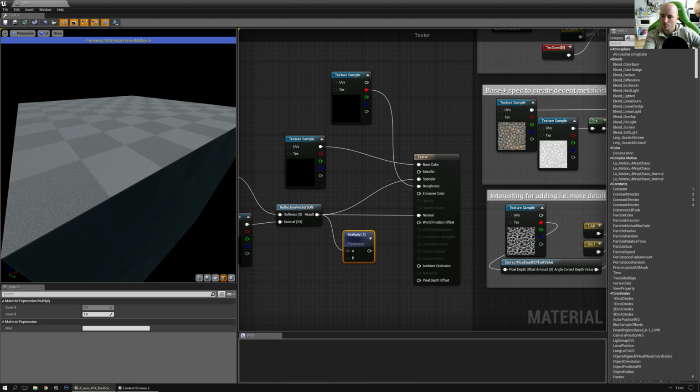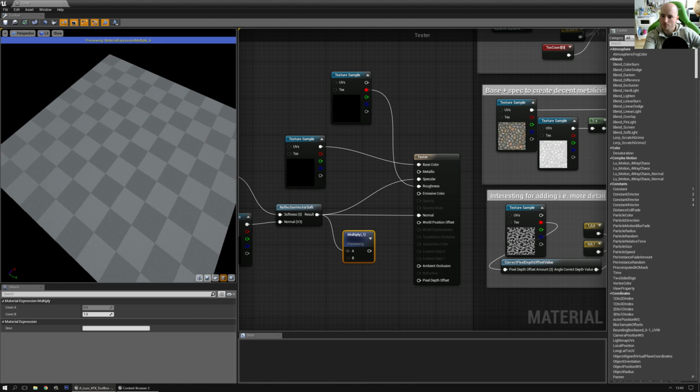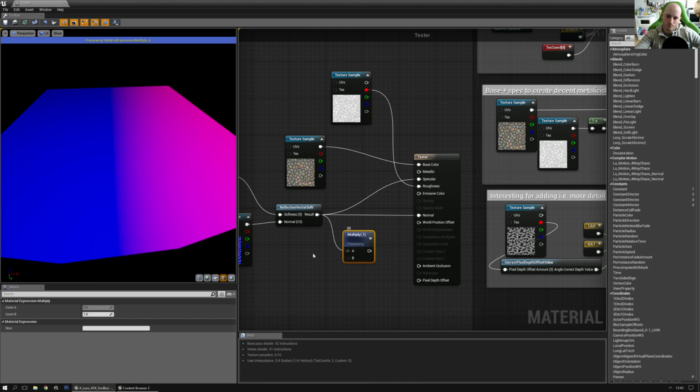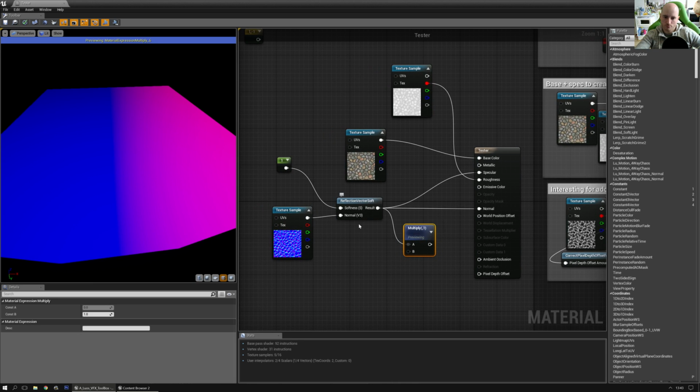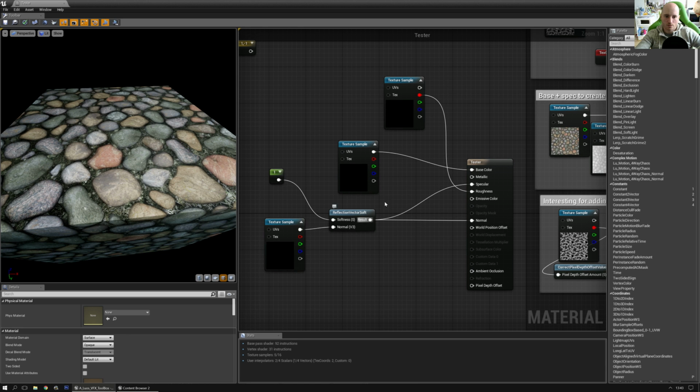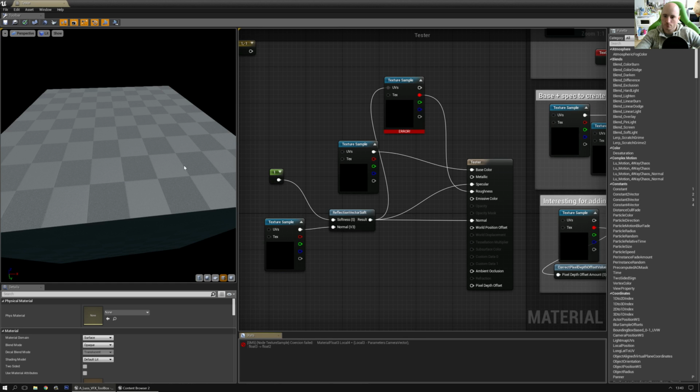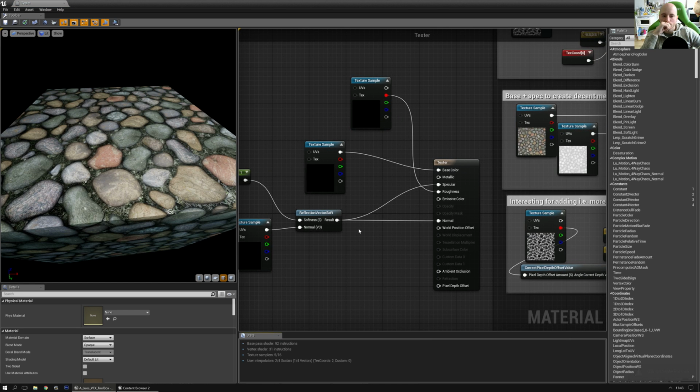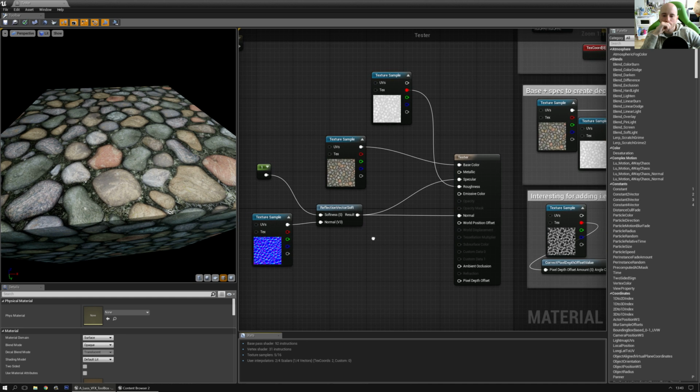Let's preview it. I wonder. Okay, that's not a thing. Yeah, it does work with the normal maps, but